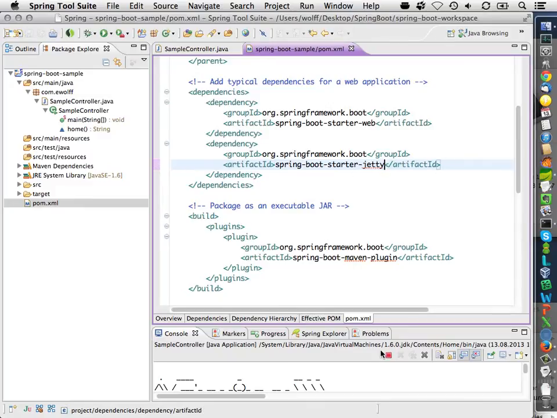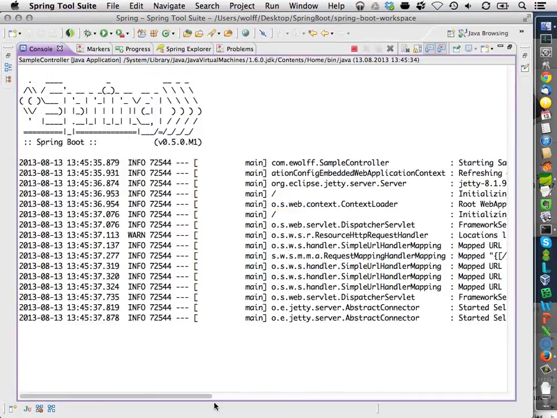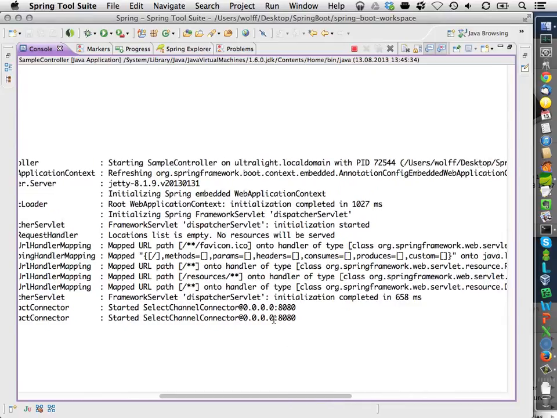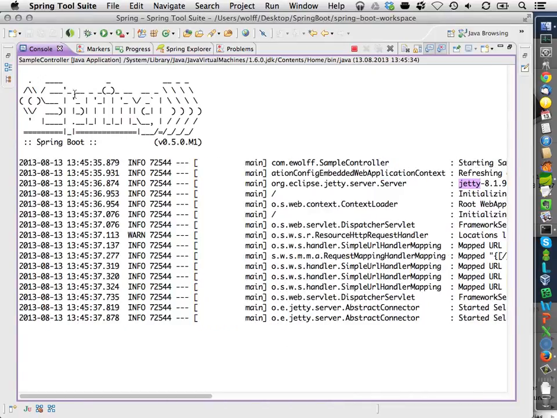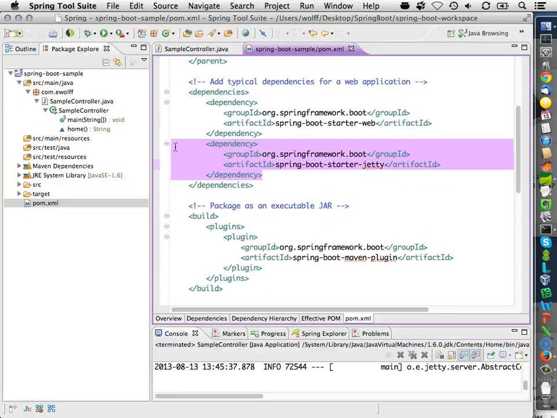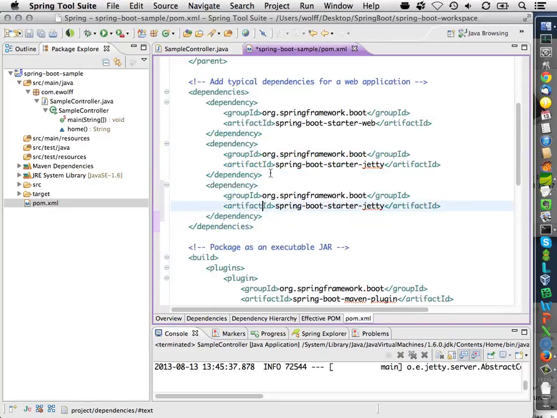And if you run the application now, you will notice that the application now uses Jetty, and you can actually see that in the output. So here it says that Jetty is used. Okay, now what you can also do is you can add more dependencies, and you can add this dependency, for example, and this gives you some metrics. So if you start the application now,